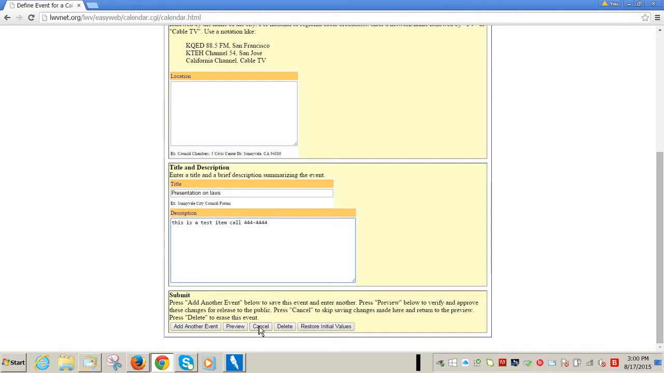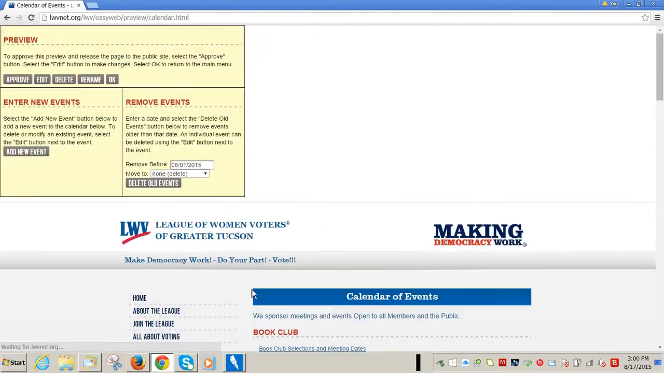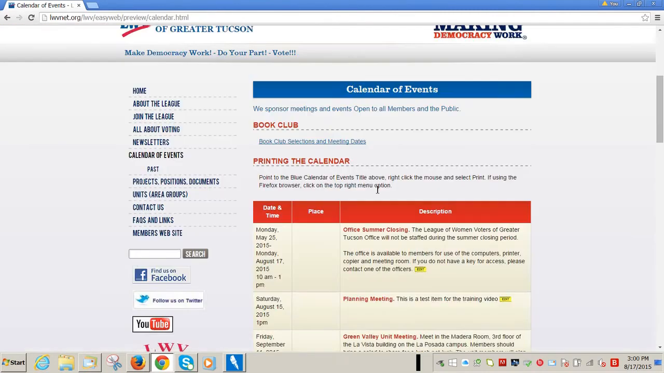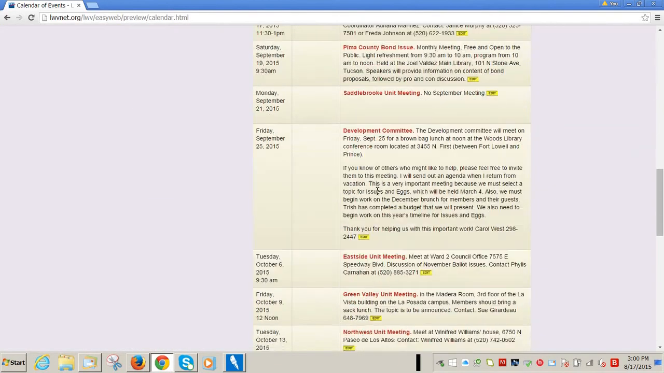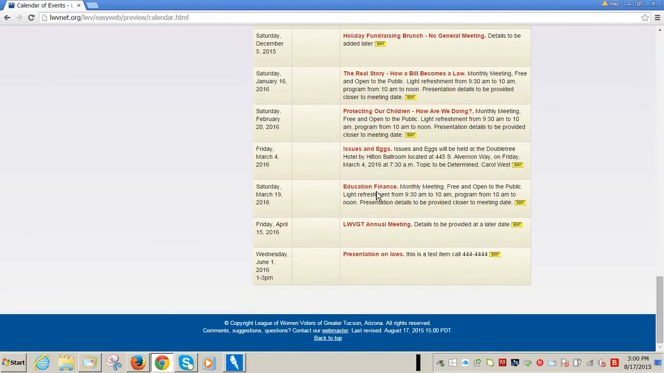preview what you did just type in. You can cancel, say, oh, I made a mistake, that was all wrong, cancel it. So I'm just going to do a preview so we can take a look at what I just put in. So it shows on the blue line the calendar of events, and if you just scroll down with your mouse and go all the way to the bottom, since I put this in as June 2016, you'll see here it